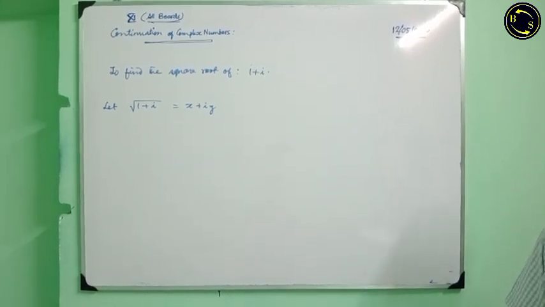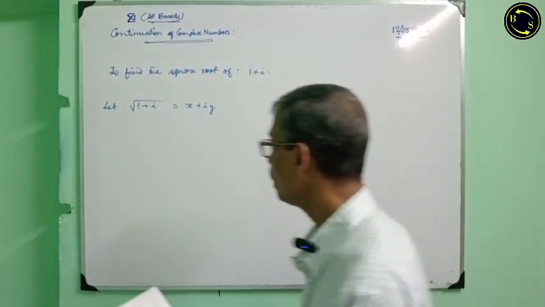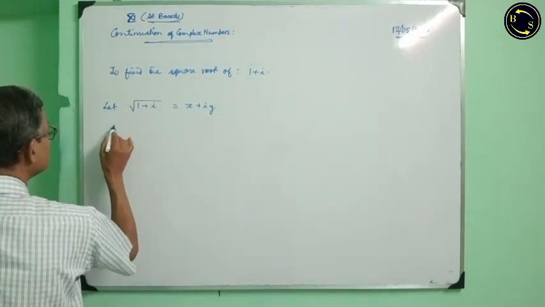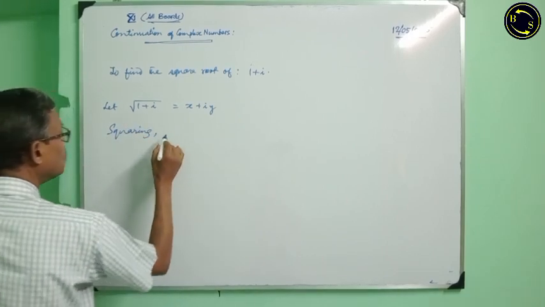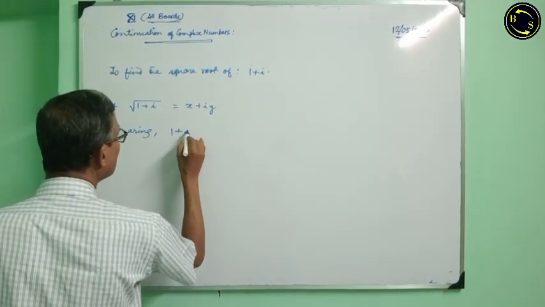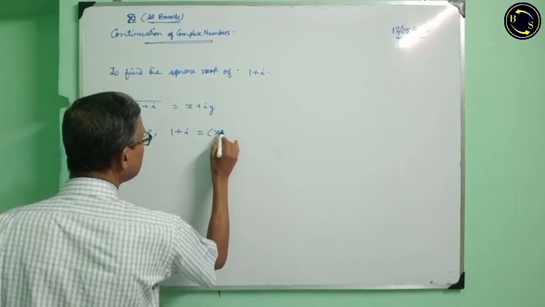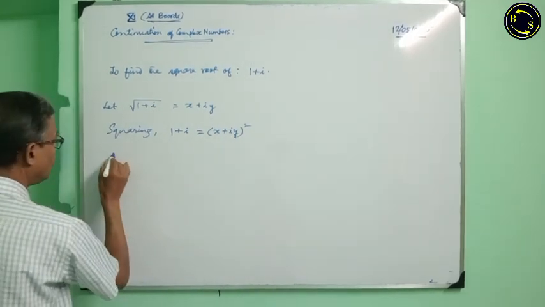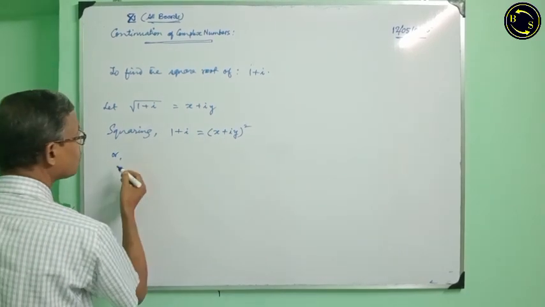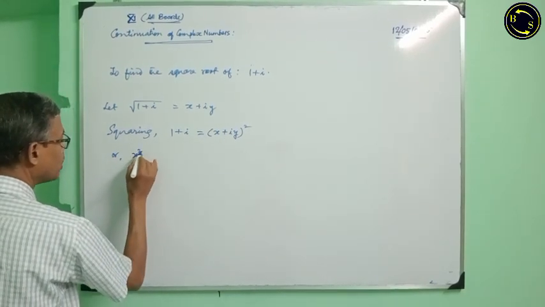Following that concept, I have taken square root of 1 plus i is equal to x plus iy, then squaring, 1 plus i is equal to (x plus iy) whole square, or